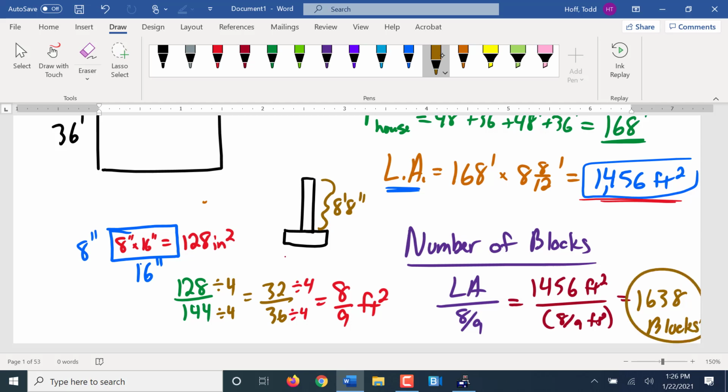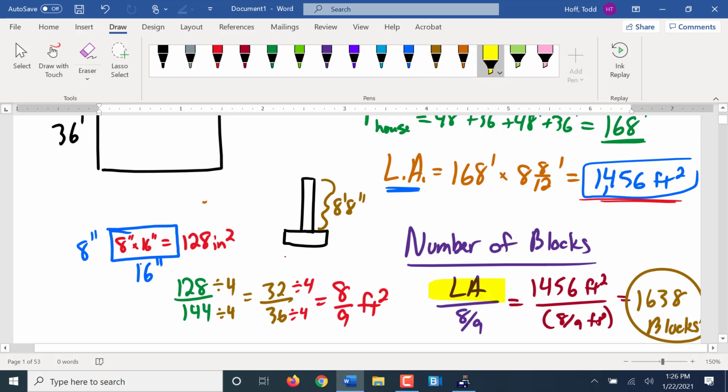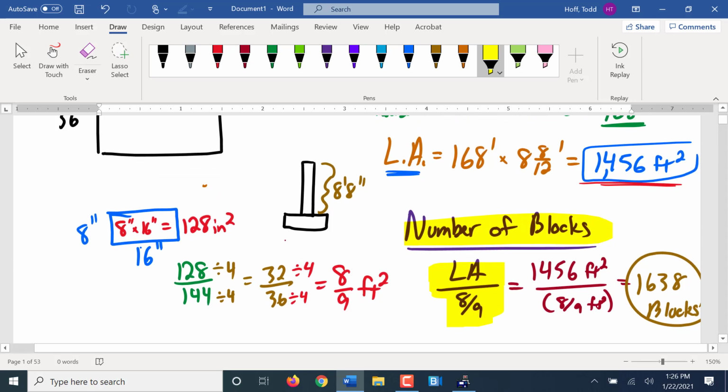Any questions? This formula here is one to remember. Lateral area divided by 8/9, get your number of blocks. Now, as we mentioned last week,